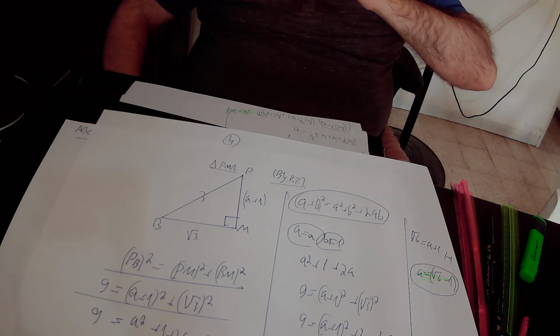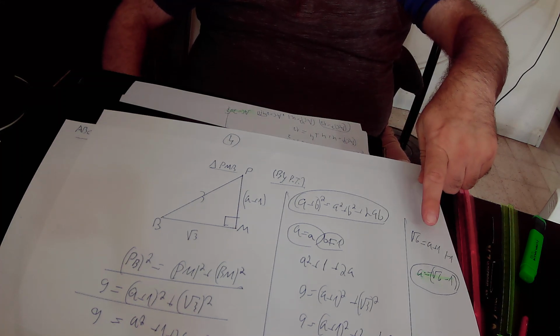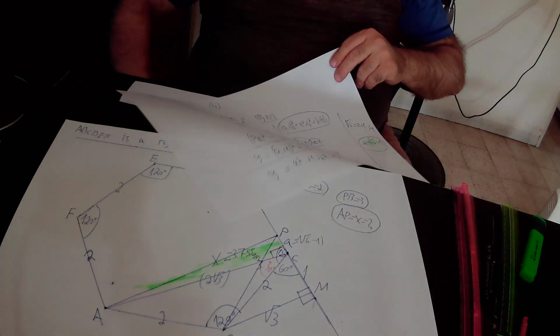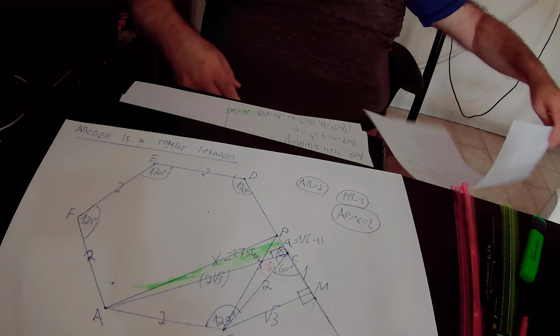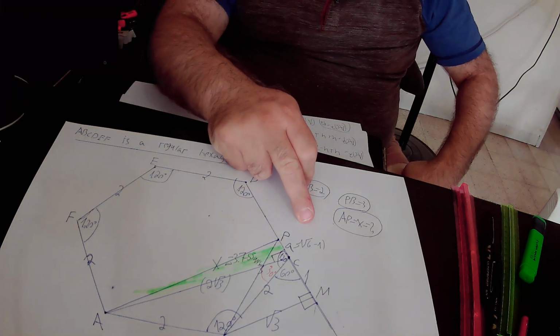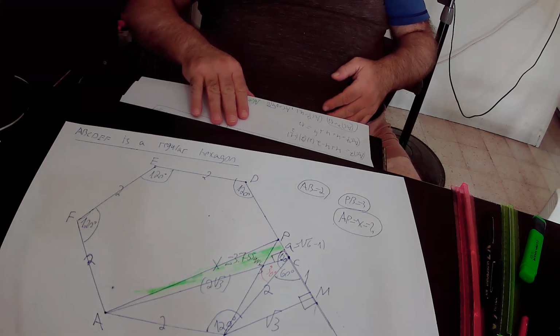Here we subtracted 1 from this equation. We found out finally that A equals the square root of 6 minus 1 square. In the next step,